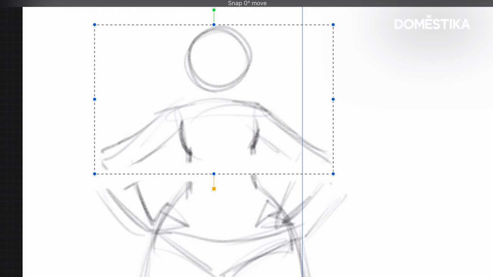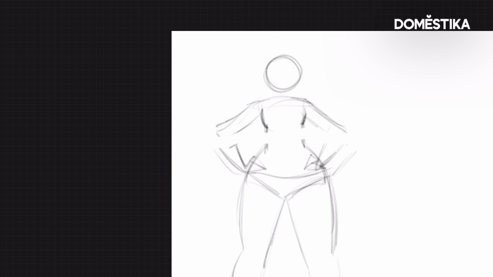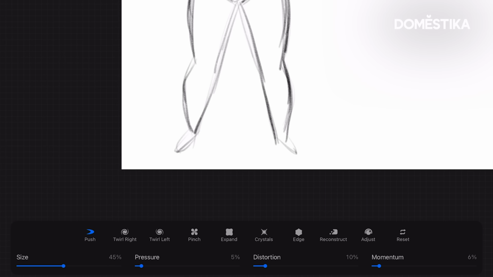So I'm going to readjust the torso a little bit and make it longer. I want to show that her thighs are a little bit bigger. So in order to do that, I am going to make the calf muscles a bit smaller. And I'm using the liquify tool to do that because it's faster. And I like to use it a lot to readjust the proportions of my characters.